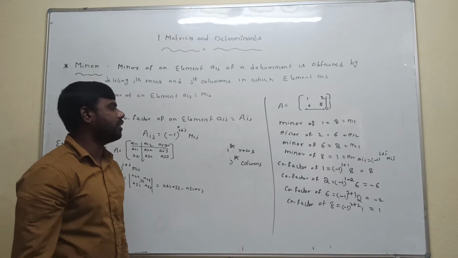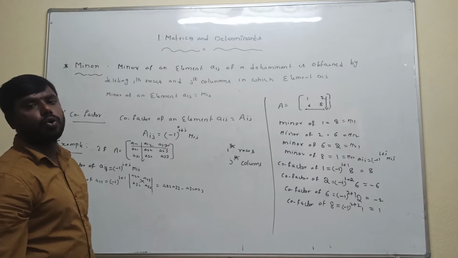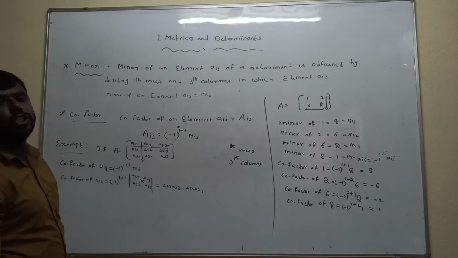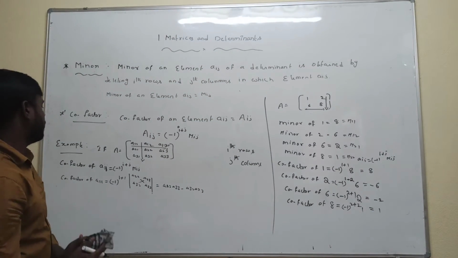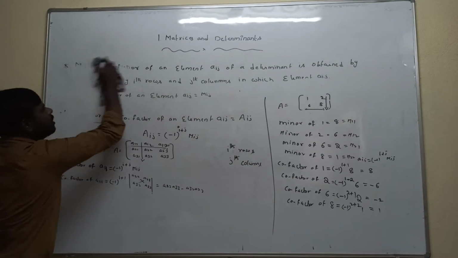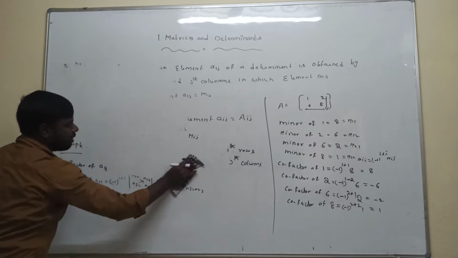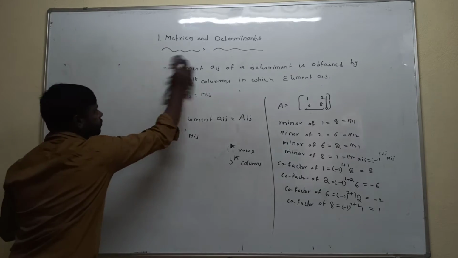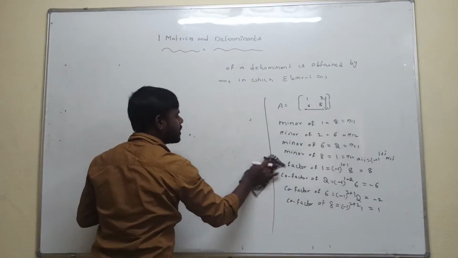I think you are understanding the minor and cofactor definition. Next we are discussing the adjoint of a square matrix. Adjoint of a square matrix. What is the definition of the adjoint of a square matrix? It means if A is a square matrix,